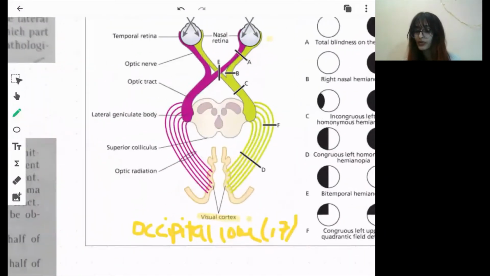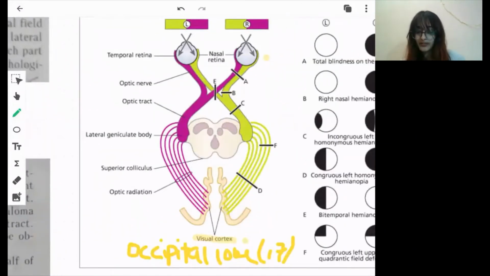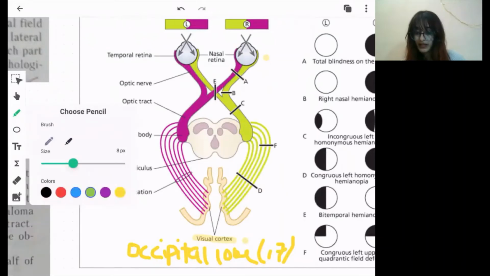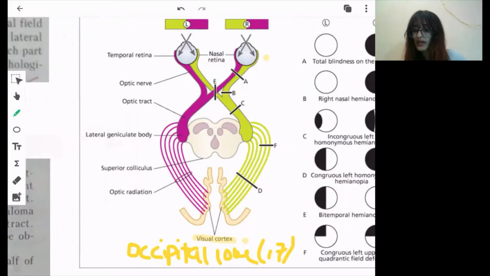For example, here I can show you, same in this picture. Let's see. The visual field is projected onto the opposite side of the retina. The nerve fibers from the lateral half, they do not cross, they go on the same side, as you can see here. But the nerve fibers from the medial half of the retina, they cross and they go to the opposite side, like you can see here. So again, this was your optic nerve, this is the optic chiasma, and this is your optic tract.